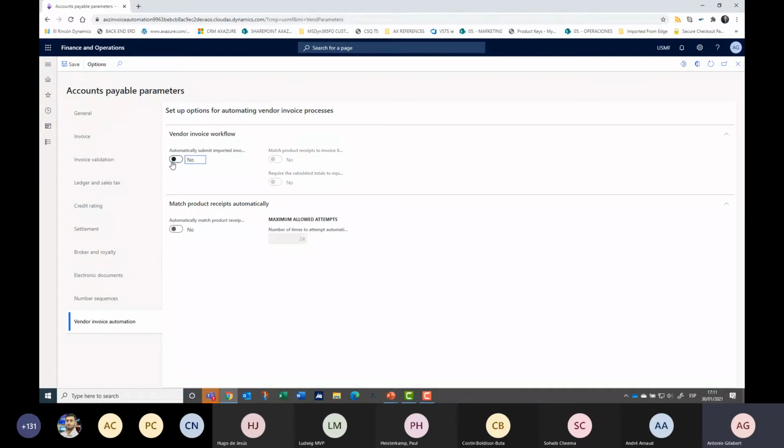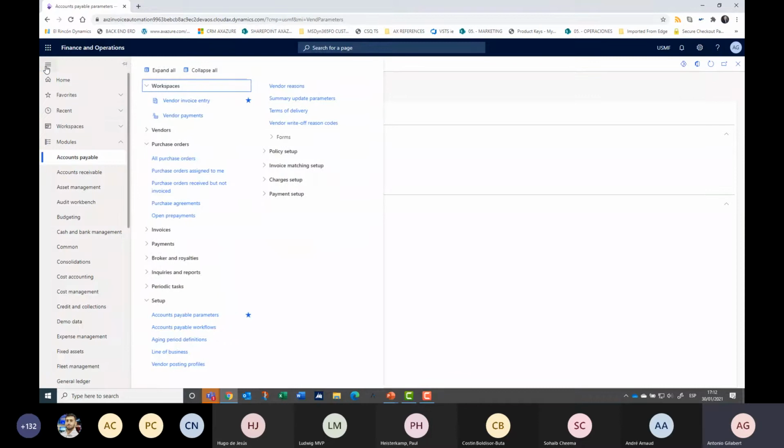Of course, this is voluntary. You can force the workflow manually. Even at this point, you can match product received to invoice line with each line that you have set up previously, the three-way matching policy, or do it after the workflow. Okay, so we have this part of the settings.